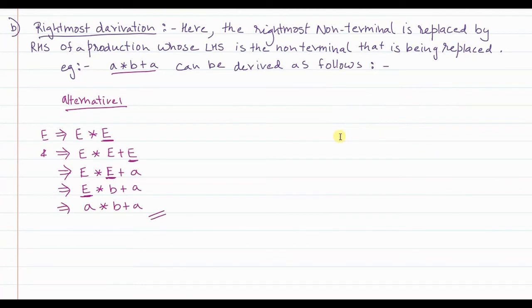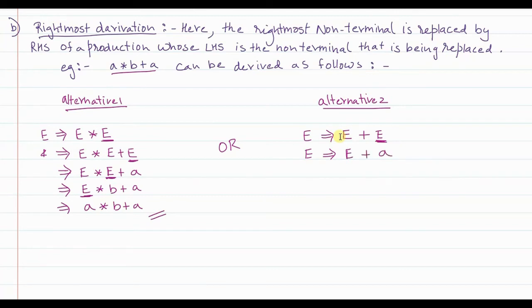Okay. Now there is also a second alternative for rightmost derivation here. What is that second alternative? You started with E into E, now start with E plus E. Try to do the replacement of the rightmost element. What I want is A. So I replace E with A. So what I get here is E plus A.